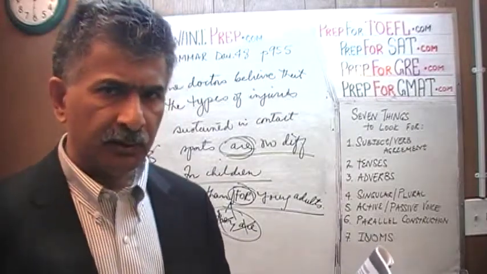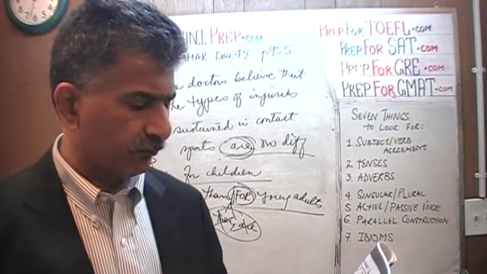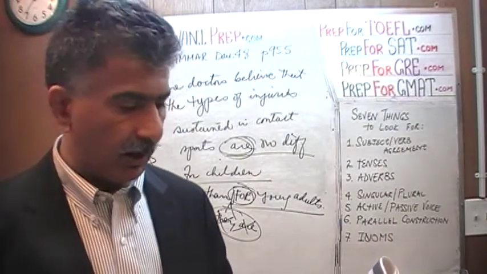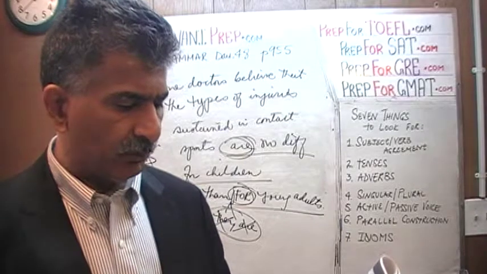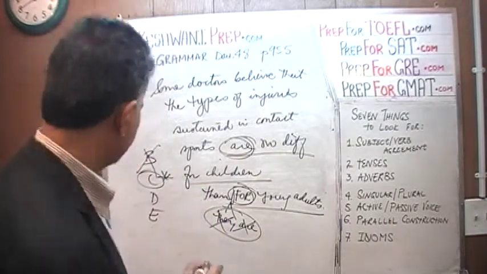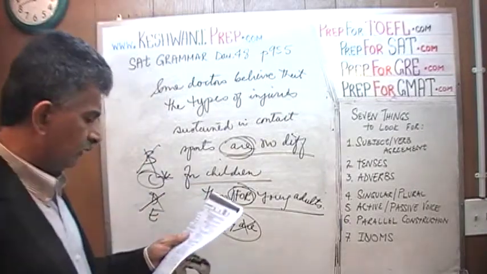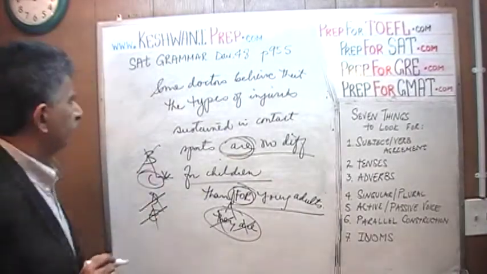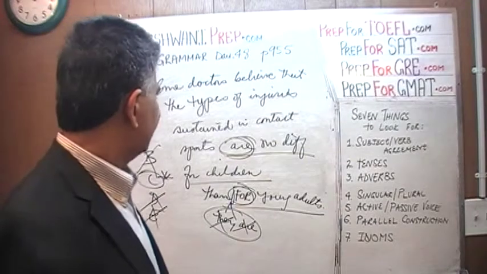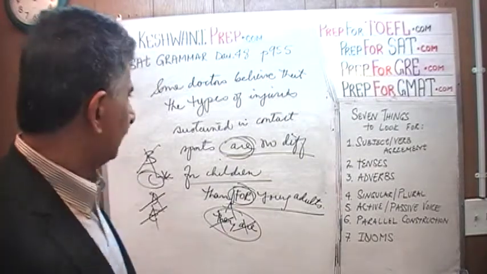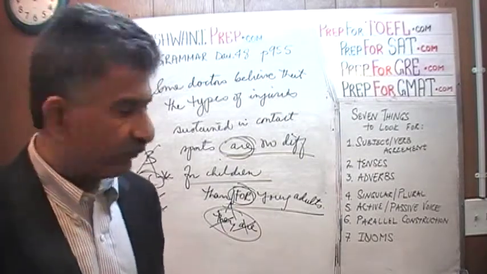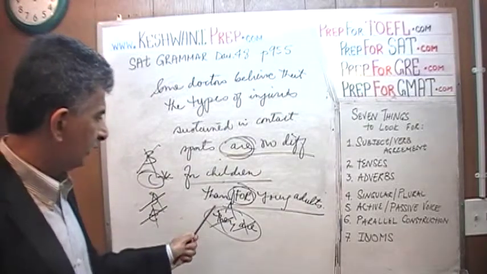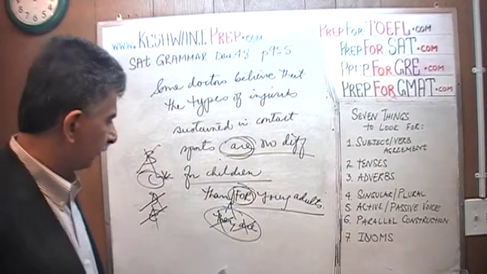I was so bogged down in the right answer that I wasn't paying attention to the letters. D goes on to say, let's go on to D. D also starts out with are no different for children than for those who are young adults. No, that's not it. That's very awkward. And E goes on to say are no different. No, it's C. Some doctors believe that the types of injuries sustained in contact sports are no different for children than for young adults.